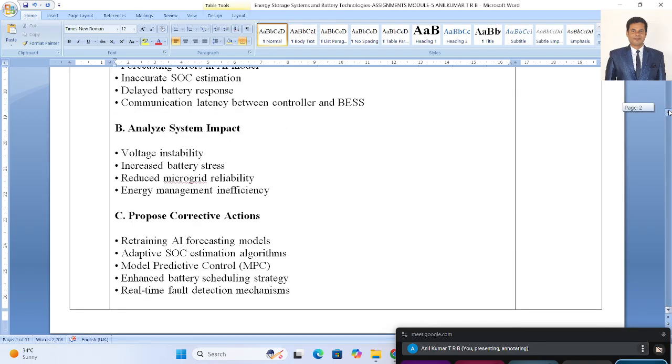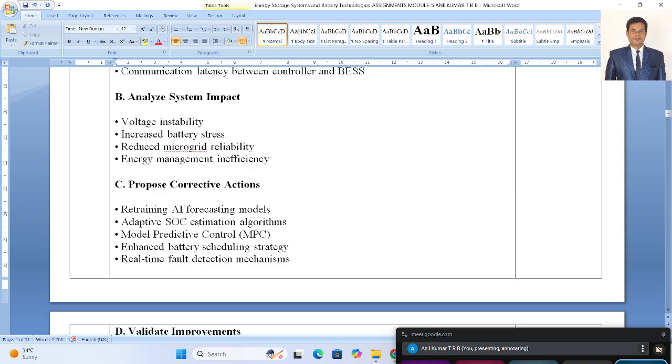Like that you have to analyze the system impact. From that, what is happening? There is instability in the voltage. You have to see what voltage profile occurs if this happens, and you have to see the energy management also, which is becoming more inefficient. There is voltage instability, and stress on the battery is increasing because of overloading from the load side, and renewable energy is being curtailed. Moreover, monitoring of the battery level should be made properly. There should be efficiency. You also have to analyze that it is becoming inefficient. Okay, so those are the system impacts, right?